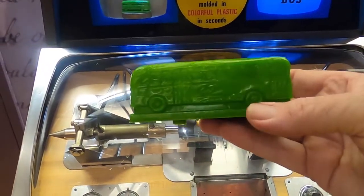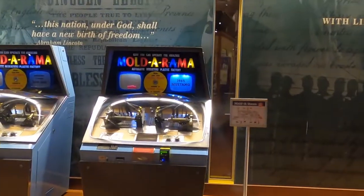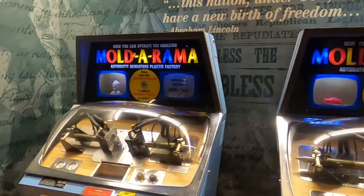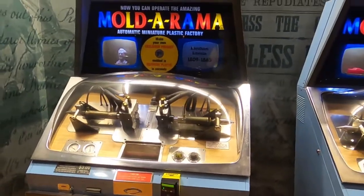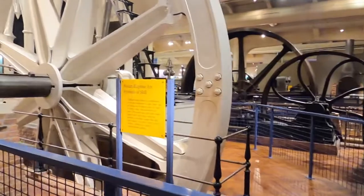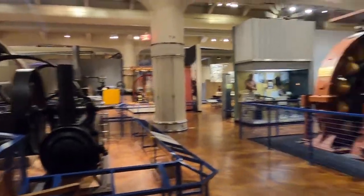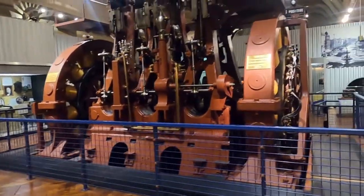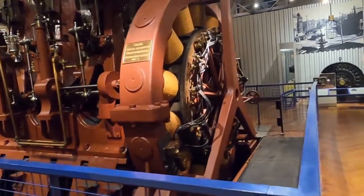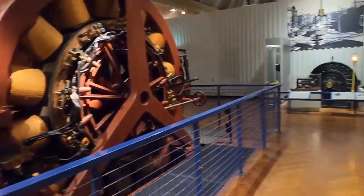Very own Rosa Parks bus, and you know where that's going. Of course, if you want a '65 Mustang or a Lincoln, same thing. They have got a collection of huge steam engines and dynamos and